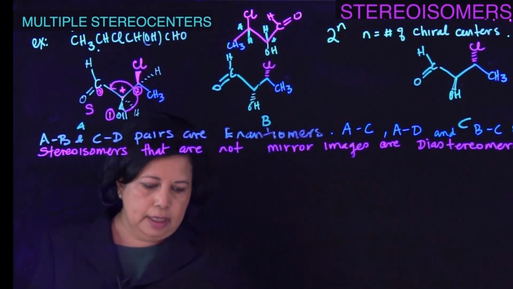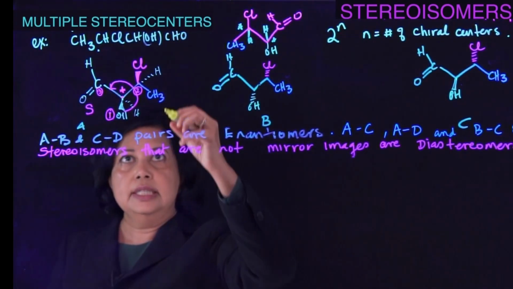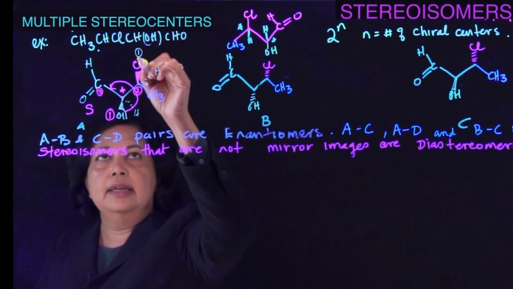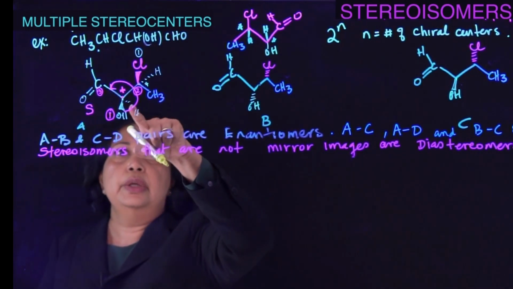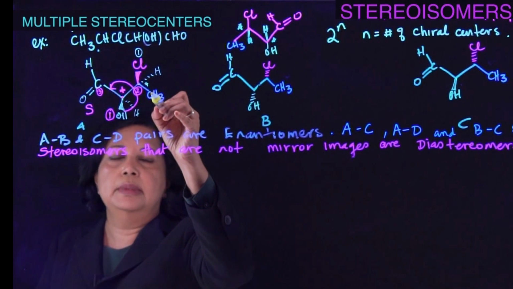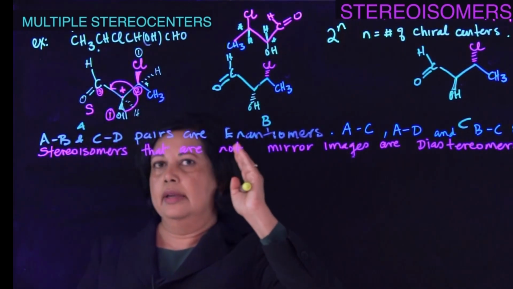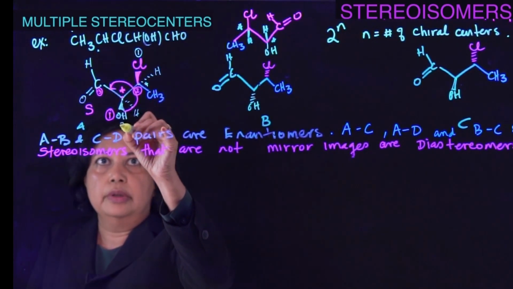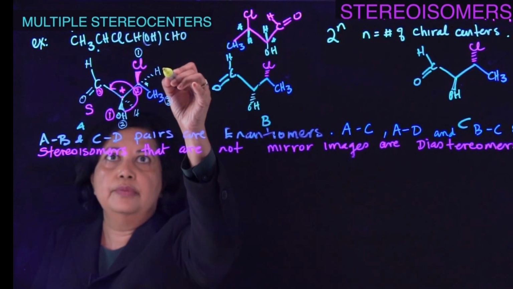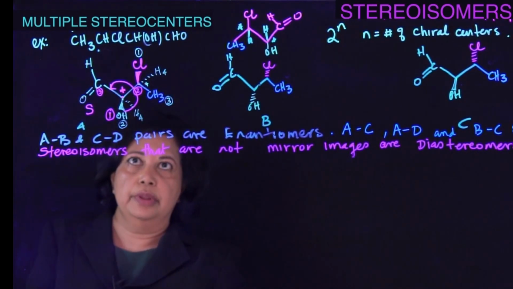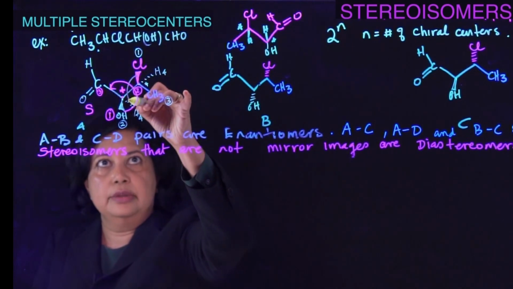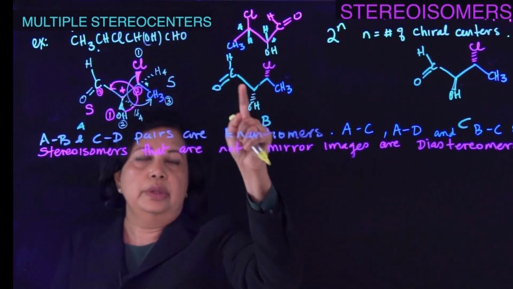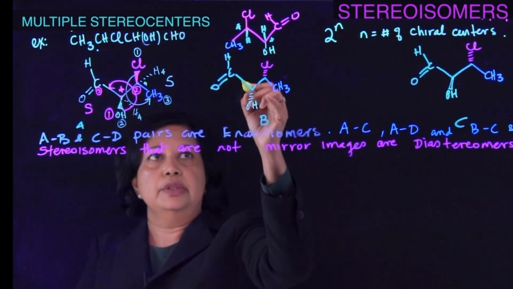And let's look at the other one over here. On this chiral center, you have chlorine. Obviously that's going to be way heavier than anything else, and then you would have this carbon and this carbon to contend with to see which is higher in priority. This one's connected to an oxygen, and so this one would have higher priority, and this would be 3. 4 would be obviously the hydrogen in both cases, and this is going in this direction, and that would be an S. So we have 2 S's here,